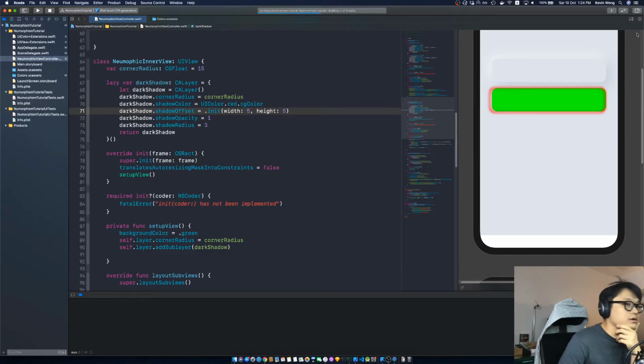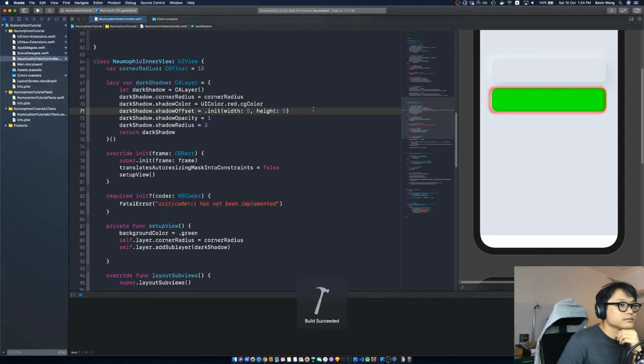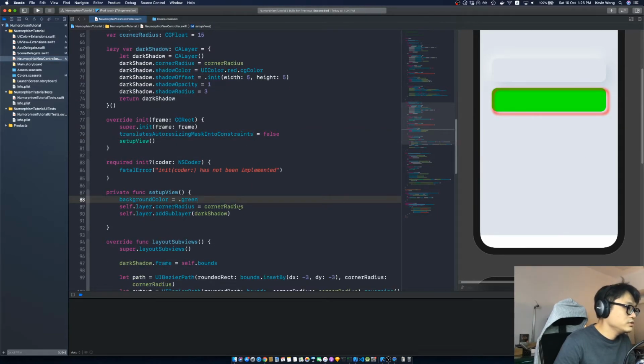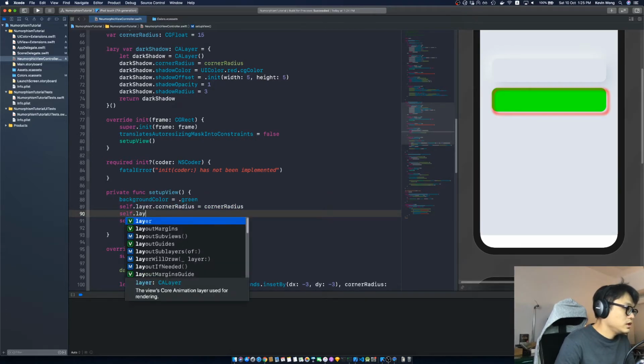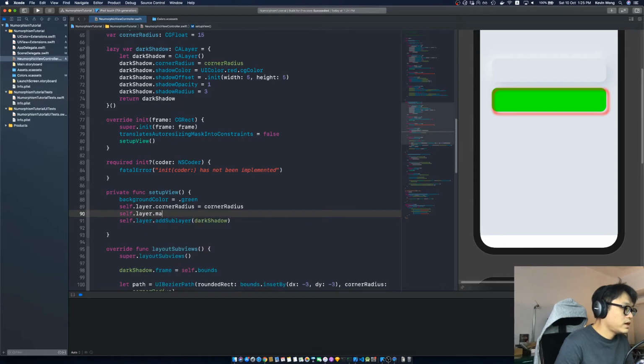I don't know why sometimes I have to do it like this. See, it's barely touching it. Okay, I like it. And we're gonna cut out this shadow. Simply just use layer dot masksToBounds, and we will mask out all the shadow that is like overflow. See, and we have this. Well, we're gonna tweak this,